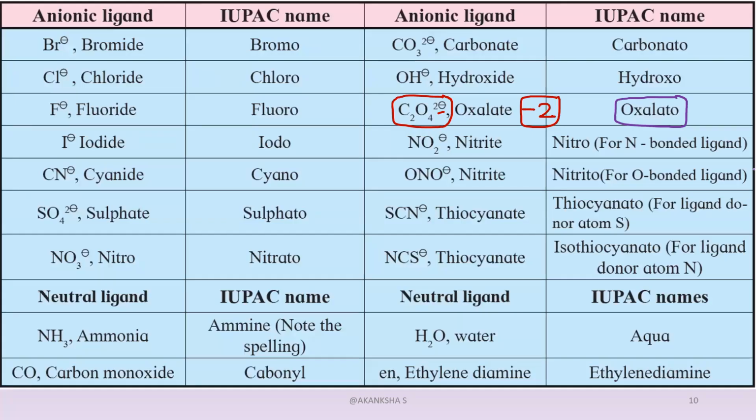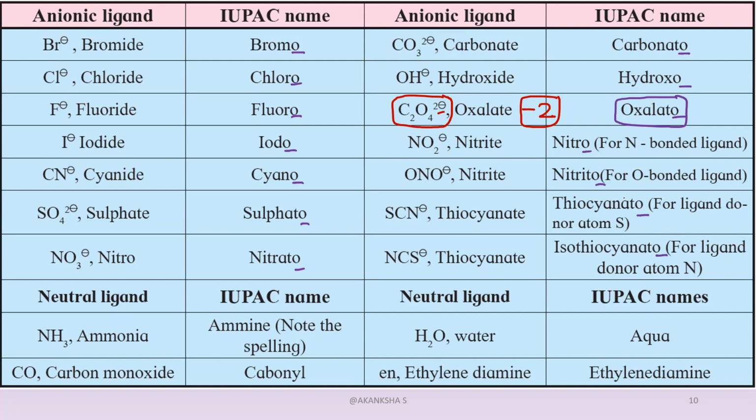Now, you might have seen this table twice or thrice up till now. So what do we need to know? Most of the anionic ligands would be carrying a negative charge, and all of them would be ending with O. Bromo, chloro, fluoro, iodo, cyano, sulfato, nitrato, carbonato, hydroxo, oxalato, nitro, nitrato, cyanato,